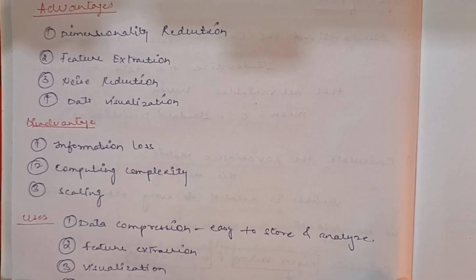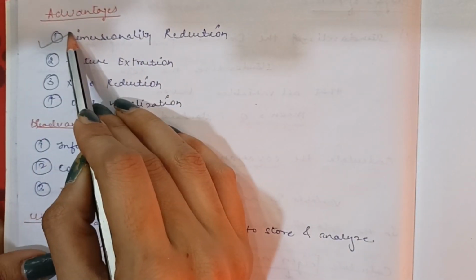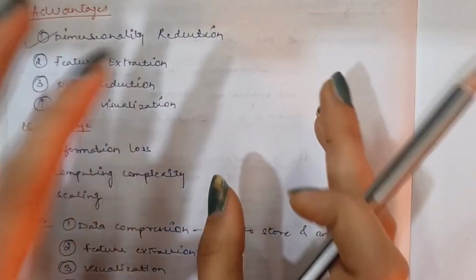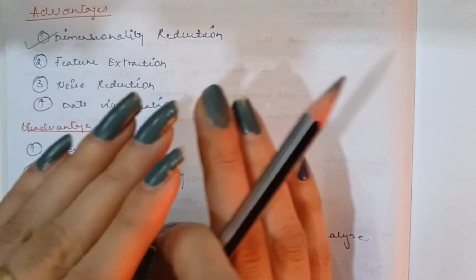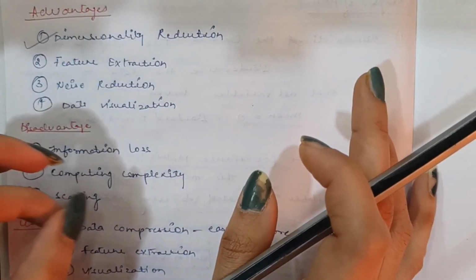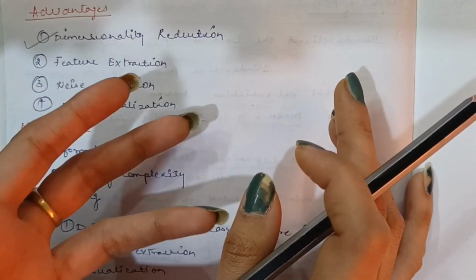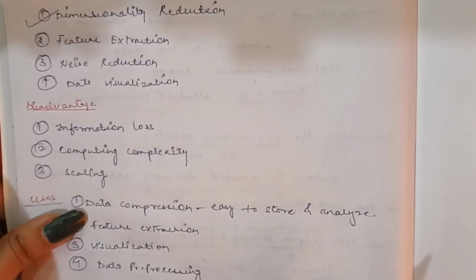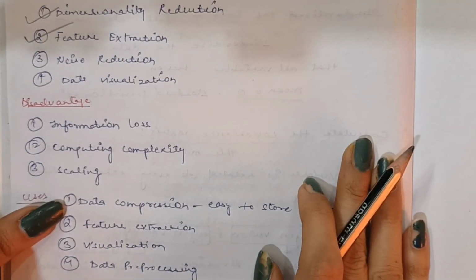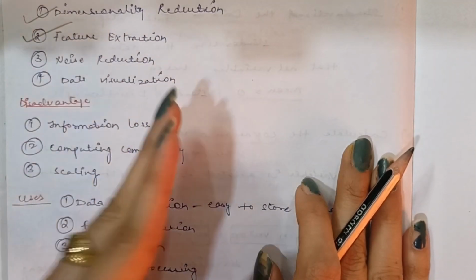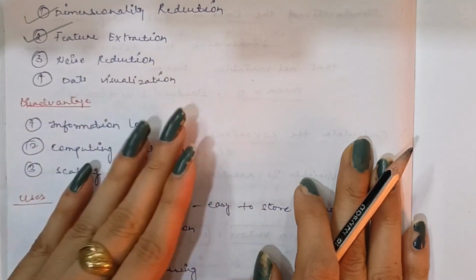Now let us look at the advantages of PCA. First advantage is dimensionality reduction. By determining the most crucial features or component, PCA will reduce the dimensions of the data, which is one of its primary benefit. This can be helpful when the initial data contains a lot of variables and therefore challenging to visualize or analyze. Another advantage is feature extraction. It can also be used to derive some new features from the original data that might be more insightful than the original features.